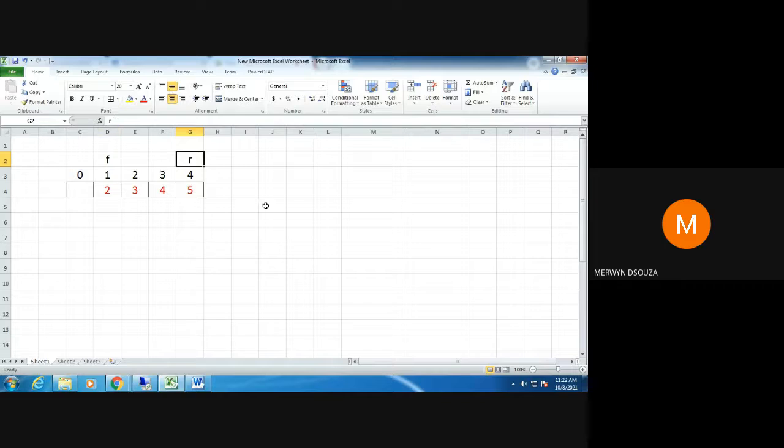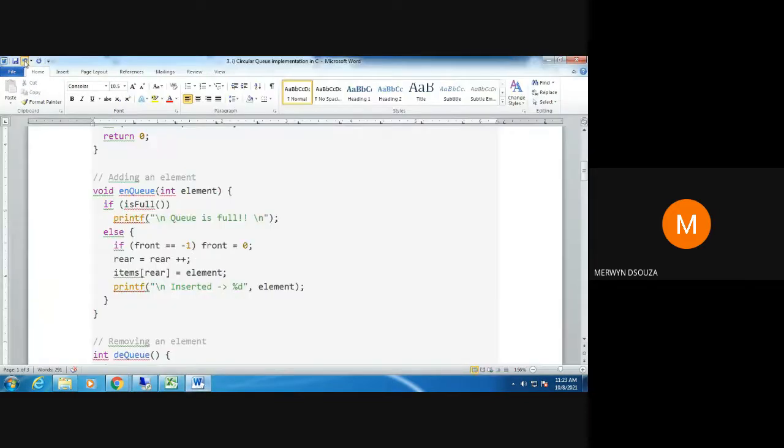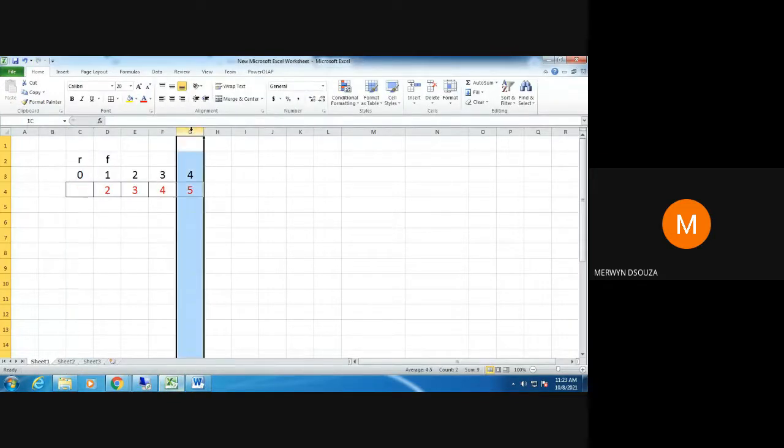In order to make it a circular queue, I need to have that formula which will make sure that rear comes back from the last index back to the first. For that matter, front also will come back from the last index back to the first.